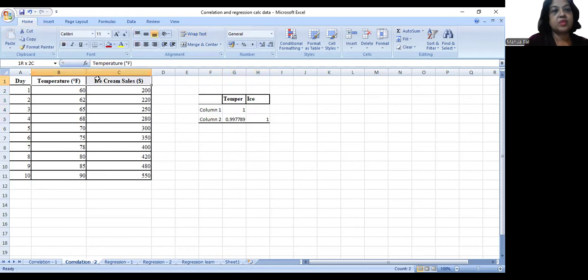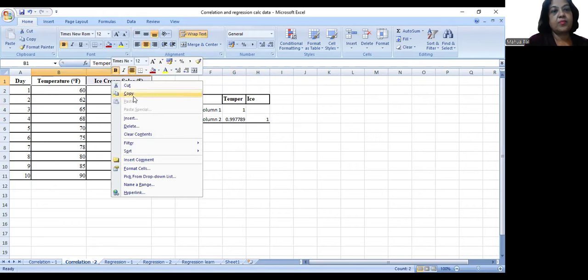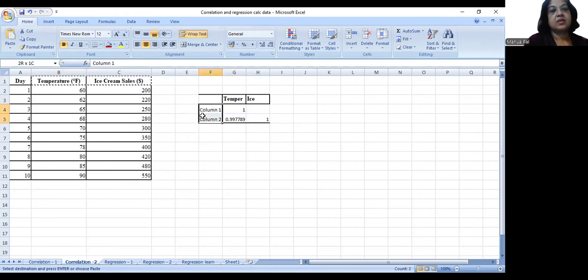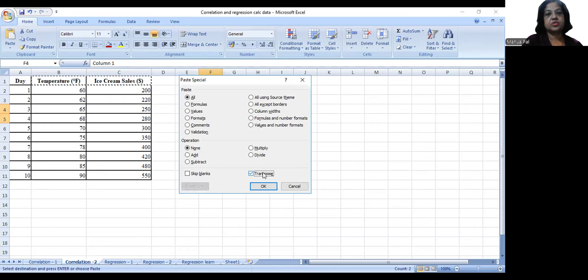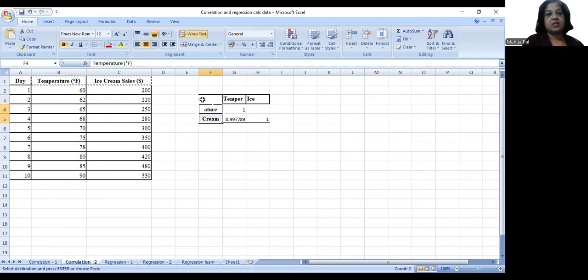Once more I have to copy, because the column headings are written in a horizontal way, row wise, but I have to change them to a vertical way, so I go for paste special and I go for transpose, and it will come,